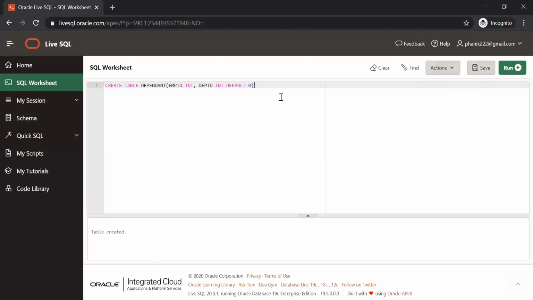No, I never used default like this. So nothing is there. What I can do is add foreign key on employee ID references which table? Employee.